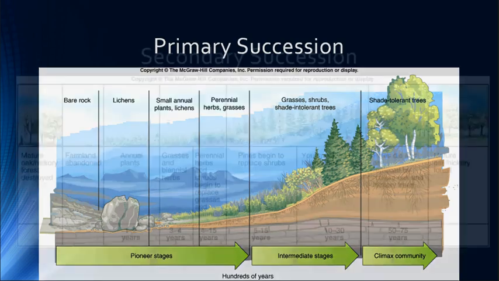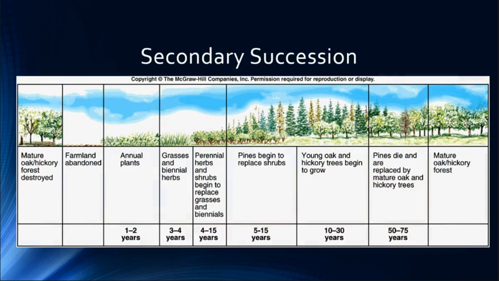Now, not all ecosystems are going to go through primary succession. Secondary succession happens when you have a change, but you have the soil still remaining. So let's say that you had a mature climax community and we destroyed it. We cut it all down and did farmland. Secondary succession is going to be the most common succession that we as humans trigger, okay? Because it's not like we make volcanoes erupt and stuff like that. But a lot of times we have soil left over even though we've destroyed whatever the vegetation is.